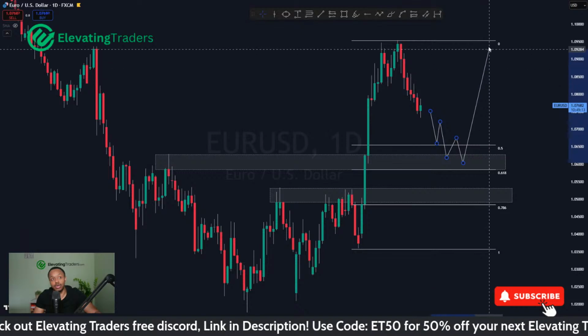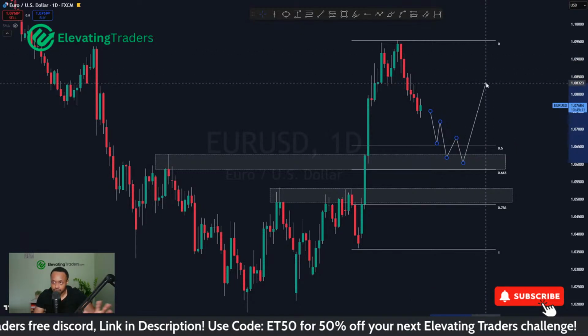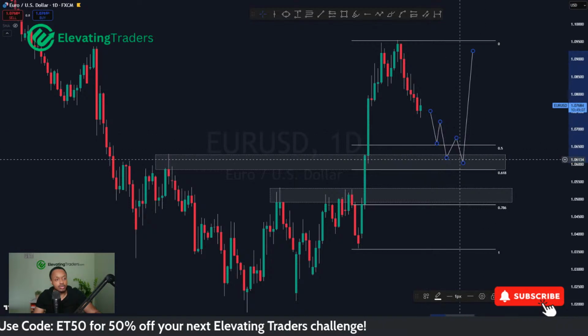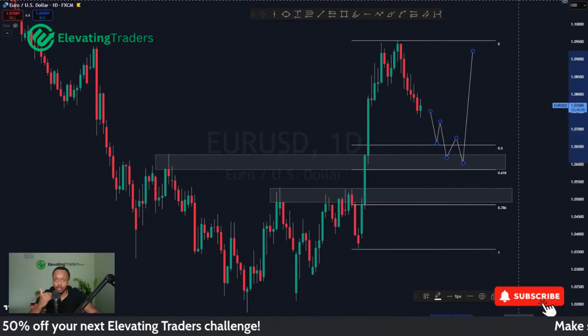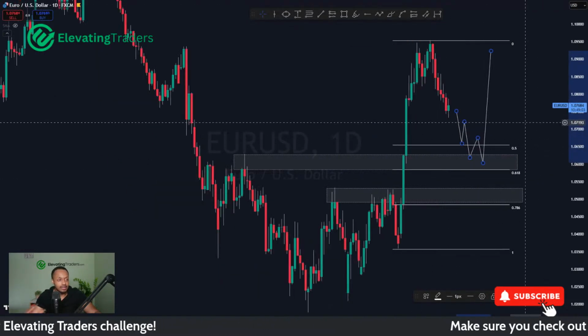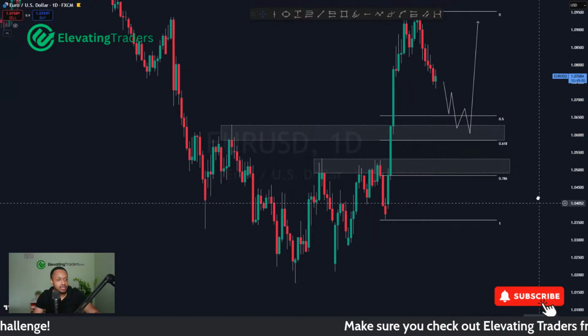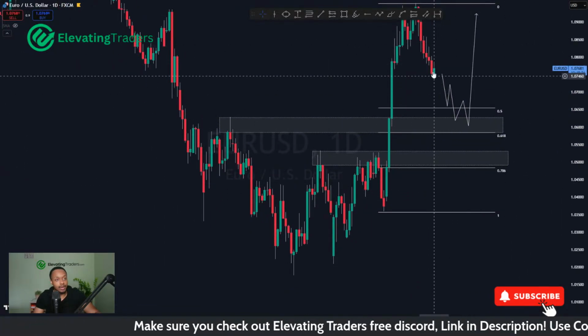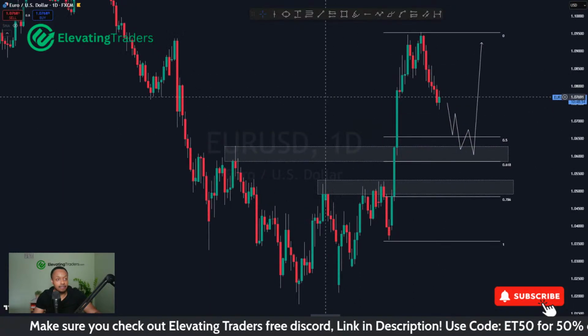We might not see a swing all the way back to the high. Depends how you want to manage your trade and where your targets want to be. But there is a good chance we do bounce from these areas, so they make good locations for entries anyway. So keep an eye on these two levels here. We're still quite a distance away. That might still take a few days to get there if we do.